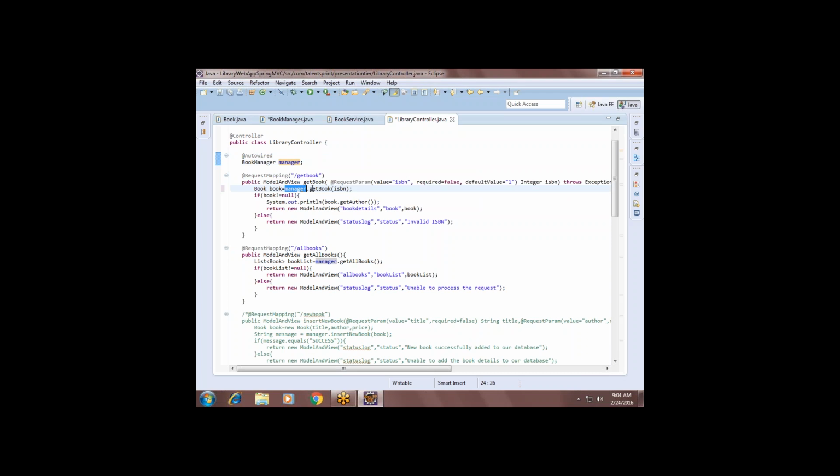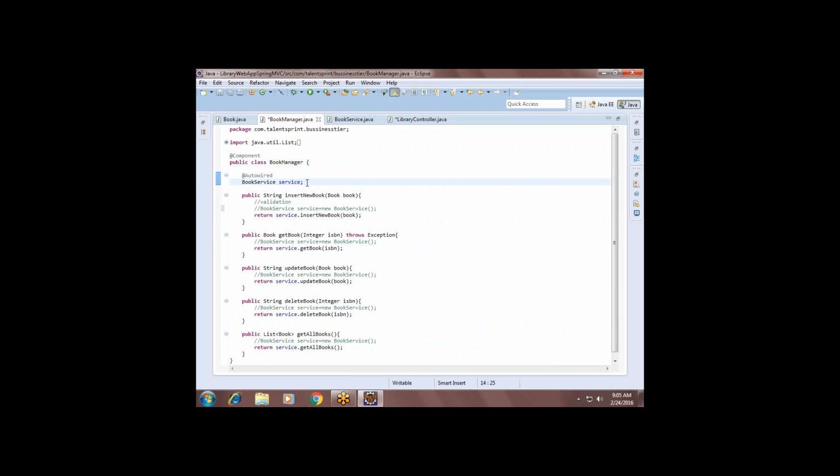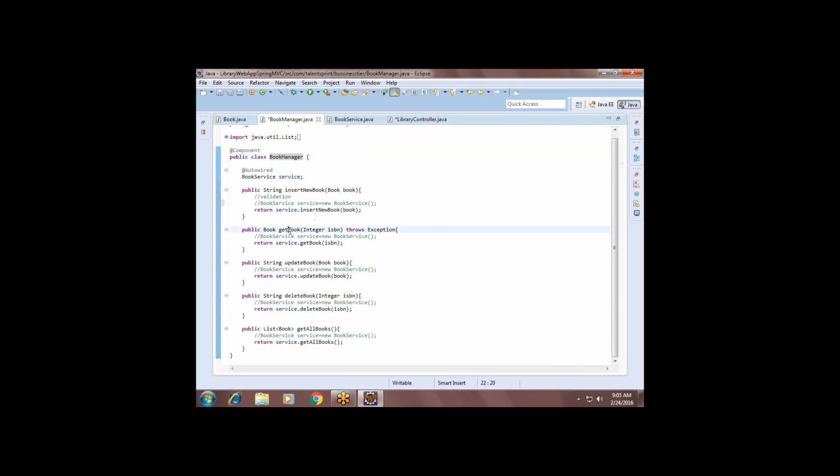Then use manager.getBook and you call the method of the manager class. Then what will the manager class getBook method do? In the book manager there is a getBook, and here it is not getting the data. It is calling another method of the service, right?